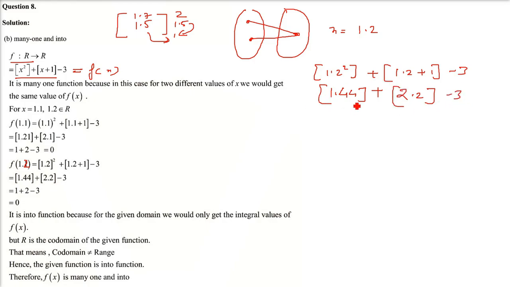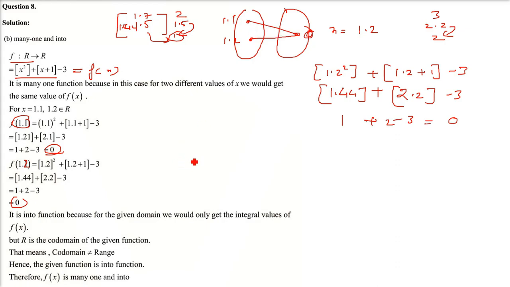Now 1.44, if you put 1.44 or any other number between 2 and 1, you will always get 1 as the integral value. How about 2.2? 2.2 is between 3 and 2. So what do you get? 2, the lower value. Floor function it is. Minus 3. So what do you get? 3. So 1.1 you give, here also 1.2 you give, 1.3, 1.7, 1.9, 1.95, 1.83. Anything you give, you get a 0 here. So there are multiple values of x which are pointing to a single value of y. Okay, so this is not 1 to 1. This is many to 1.